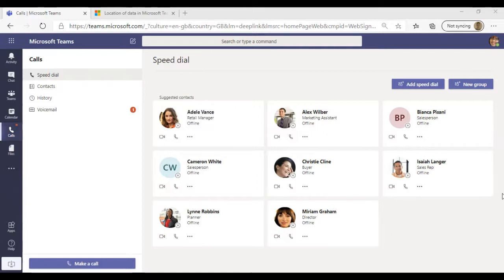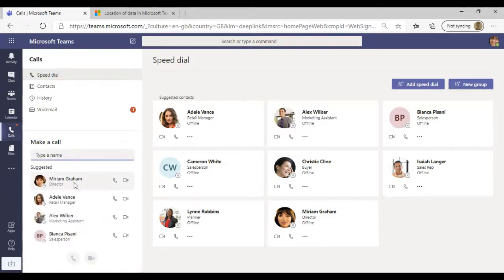Equally, more recently within the calling functionality, Microsoft have implemented the 3x3 sharing screen. So if you have, say, up to 9 people with their cameras on, you can actually see up to 9 people. Coming very, very soon, probably within the next 6 months, is going to be 7x7 that Microsoft are working on as well. So you can actually have up to 49, if my maths are correct, people that you can see through Teams. But within the calling function here, you have the ability to make a call internally.